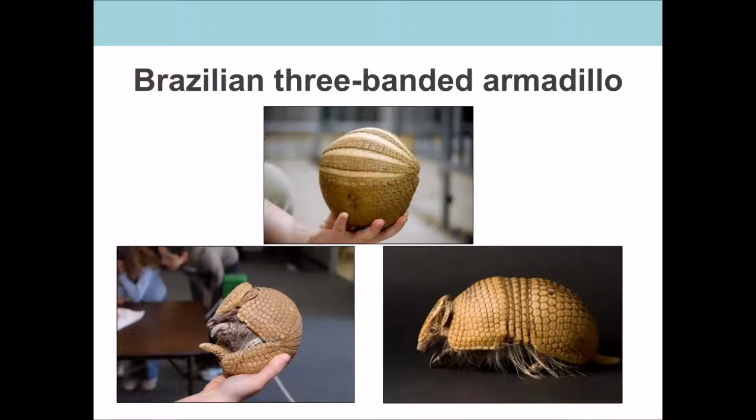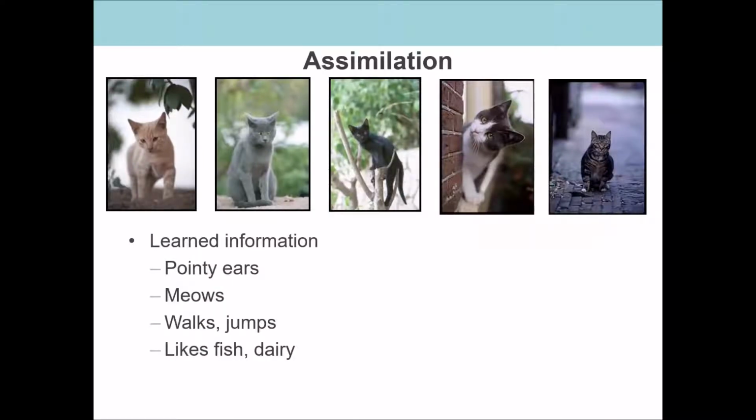and create your knowledge surrounding that armadillo. So let's talk about what's going on here. Let's say that you are a young kid. You have had a couple of cats in your family, and so you kind of have this idea of what a cat is, right? You've seen these 5 cats in the pictures up at the top, and so you learn information about cats. Well, they've got pointy ears, they meow, they walk and jump, and they like fish and dairy,